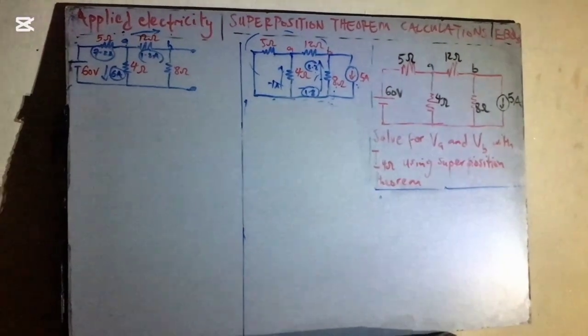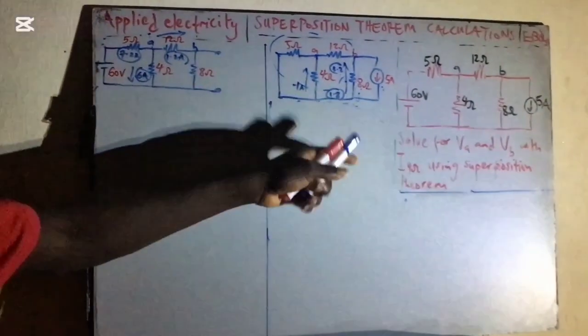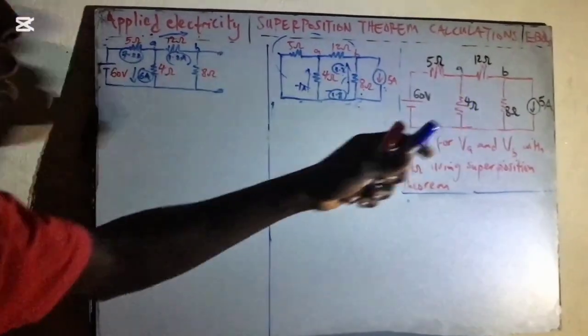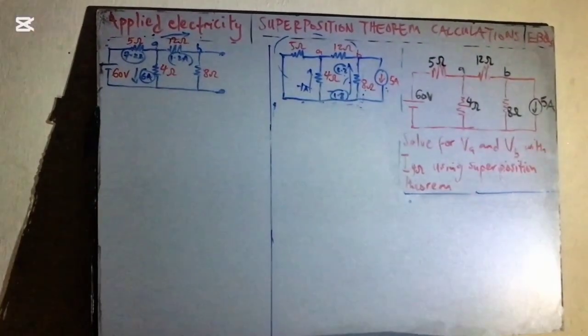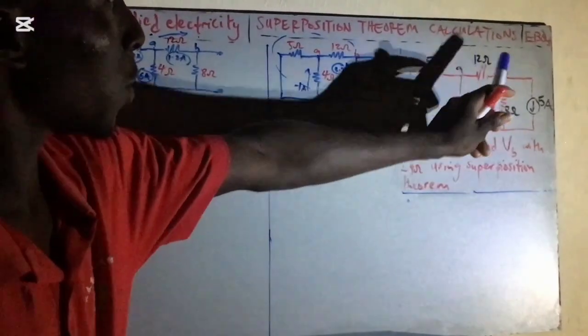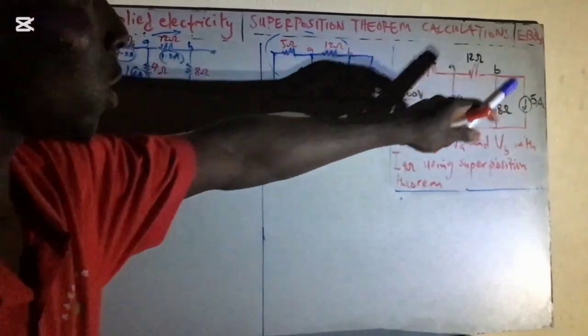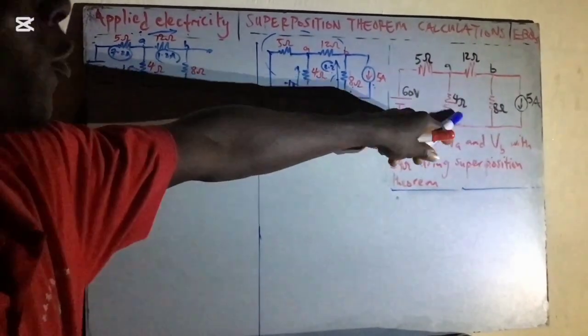Welcome to this video. We are going to be dealing with the superposition theorem. This is our question here. We have a voltage source and a current source, and we are asked to find VA. This is point A, this is point B. So we have to solve for voltage in A, voltage in B, then the current flowing in the 4 ohm